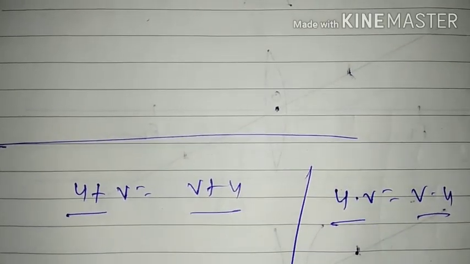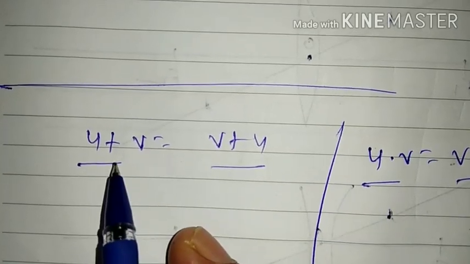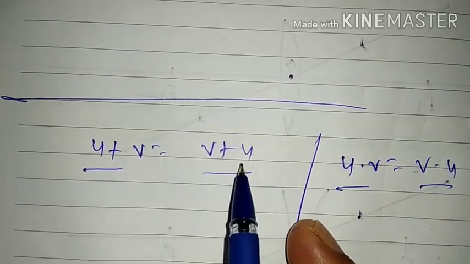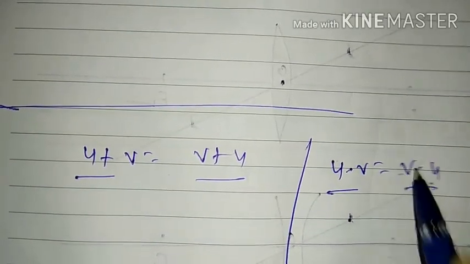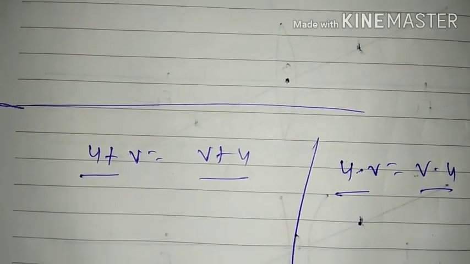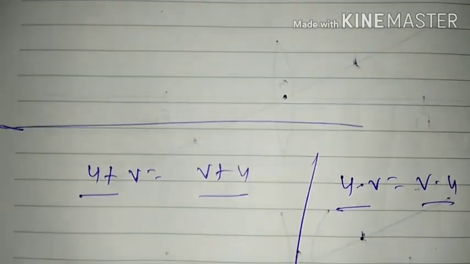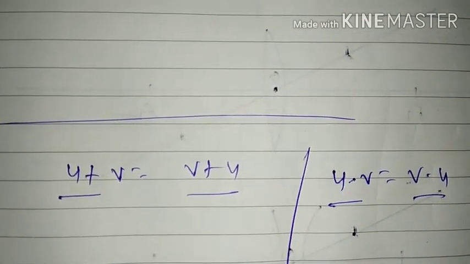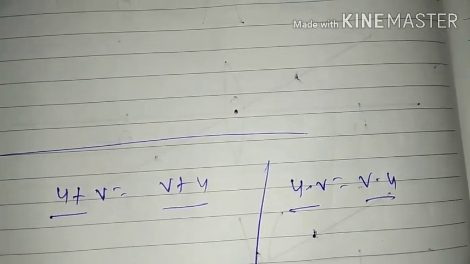With which property? This property is called the commutative property. Commutative property of addition: a plus b is equal to b plus a. So u plus v is equal to v plus u. This property holds good for both addition and multiplication, but not for division and subtraction. If you are confident in your fundamental mathematical operations, then your journey of education in both mathematics and physics will be very, very interesting.